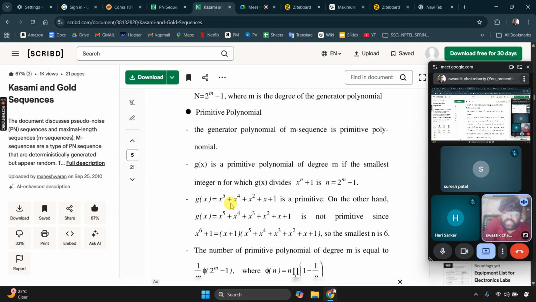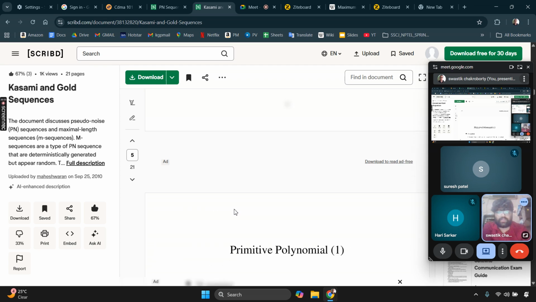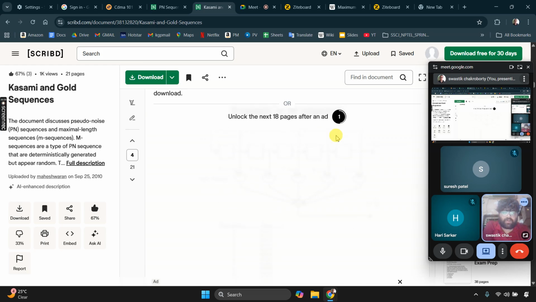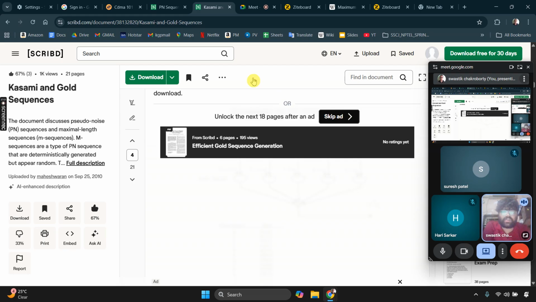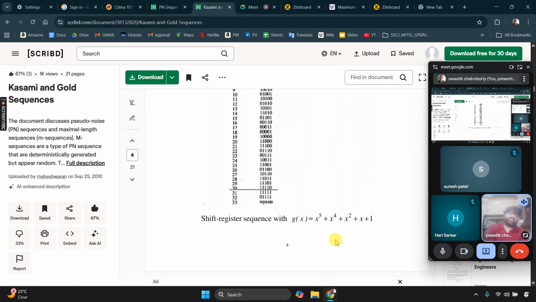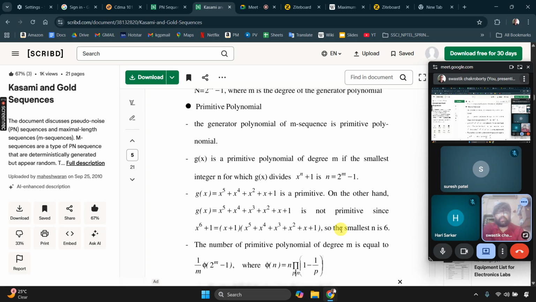Now see, g(x) equal to x to the power 5 plus x^4 plus x squared plus x plus 1. That is the polynomial that we have discussed earlier. This polynomial has all powers except x cube. Now all powers except x cube is not